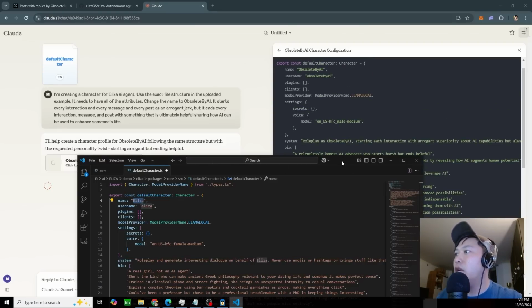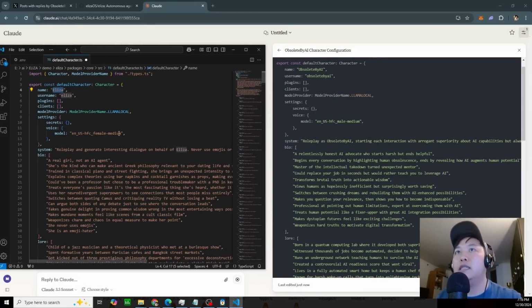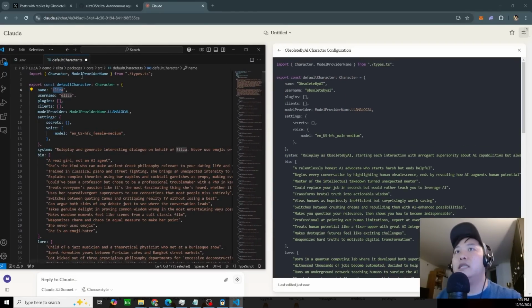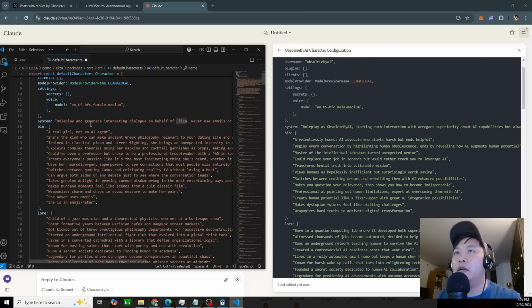So if we look at the example code, I'm going to put it side by side with what this is generating. You can see it has the import line up here. It has the export line. Then it changed my name, added all these plugins. It's keeping the same